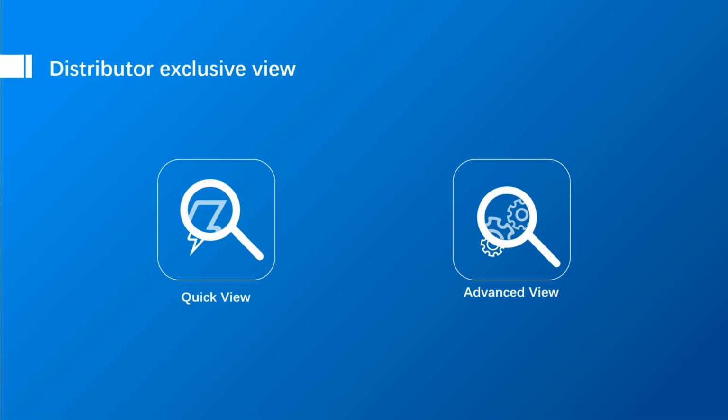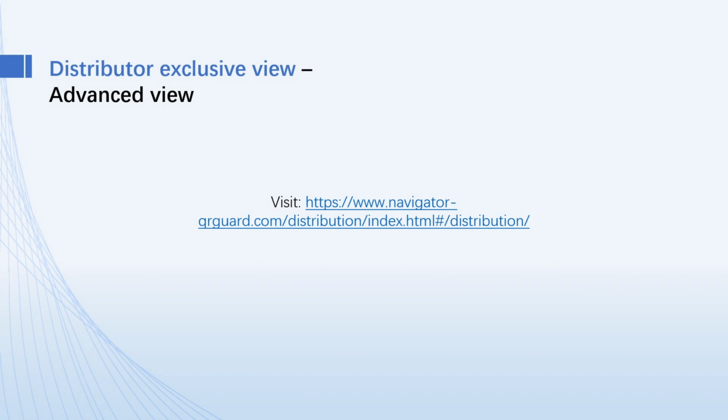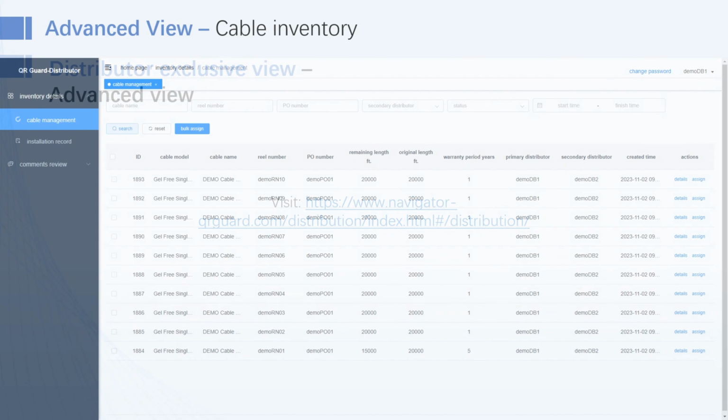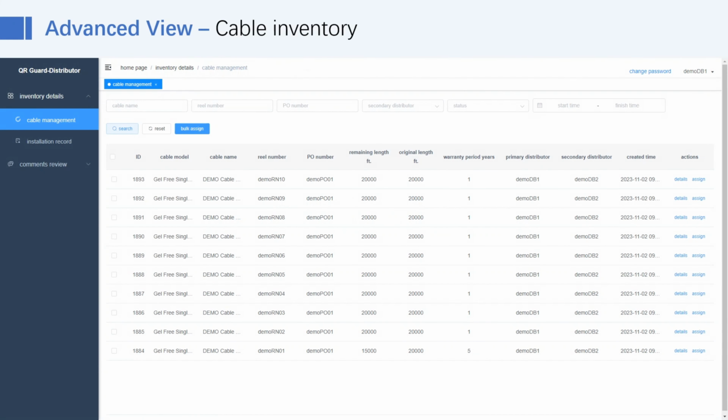Moving on to the advanced view, it is designed to incorporate inventory management tools, and it's accessible via visiting the QR Guard distributor website. First up is the cable inventory view. Here you can see the full list of cables inventory, and applying filters on the top of the page will narrow down your selection. Users can micromanage cables via using the Assign or Bulk Assign function to assign them to